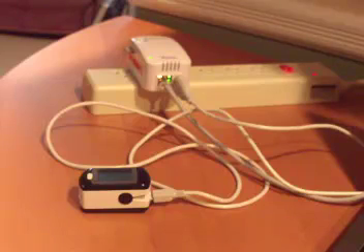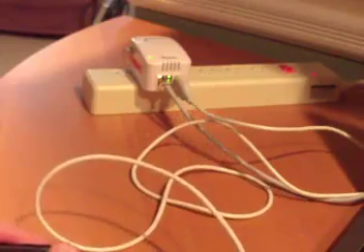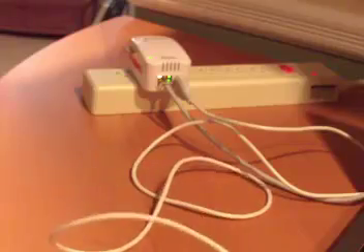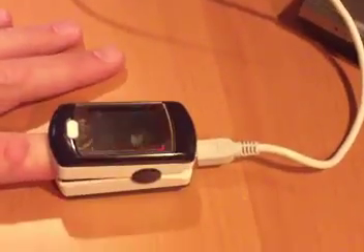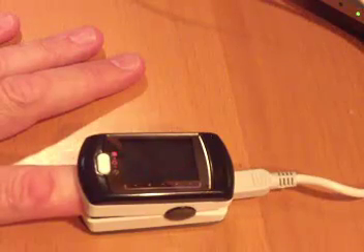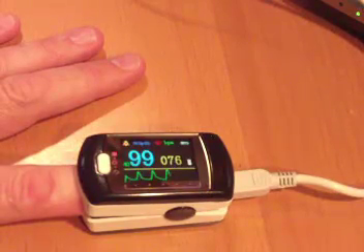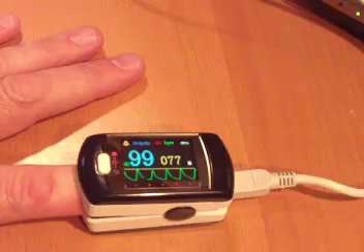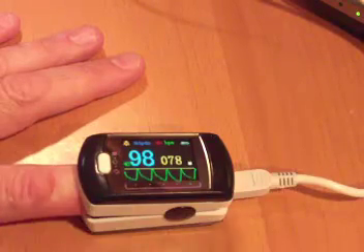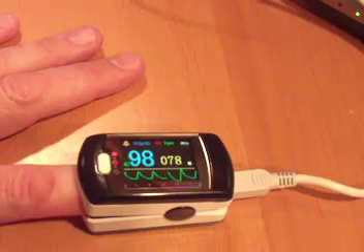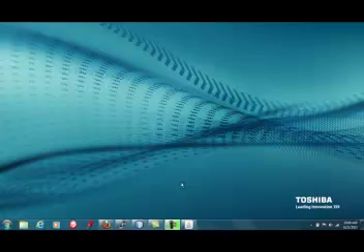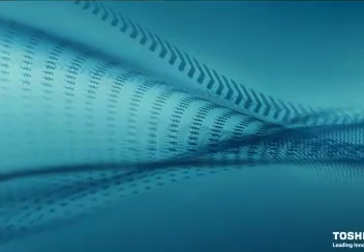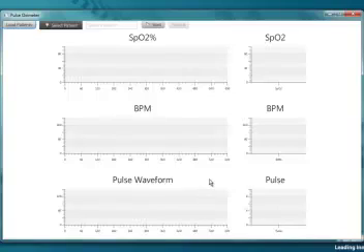Returning back to our data aggregator and medical device, let's go ahead now and take a live pulse oximeter reading. With that reading taking place, now we can start up a client which will read that aforementioned published data from the socket.